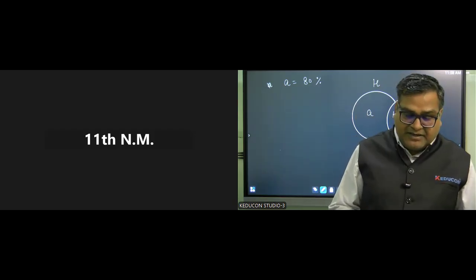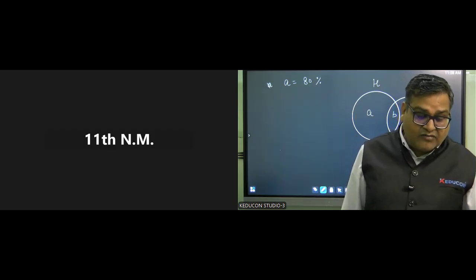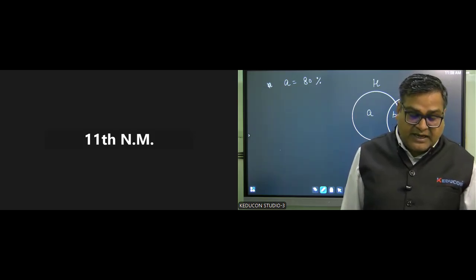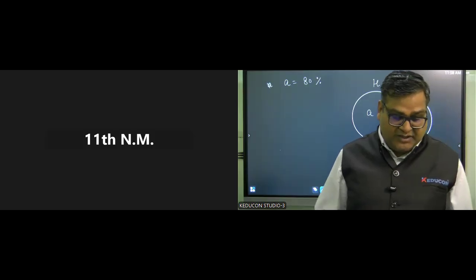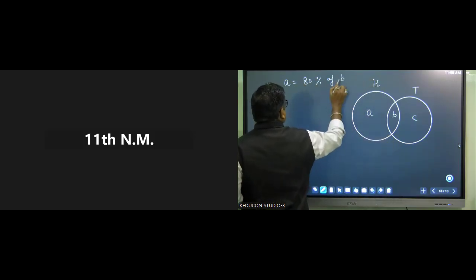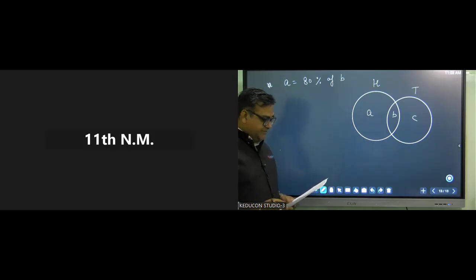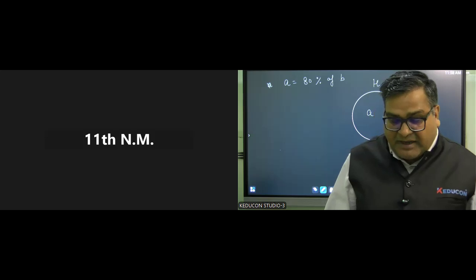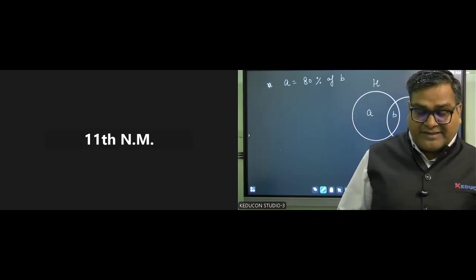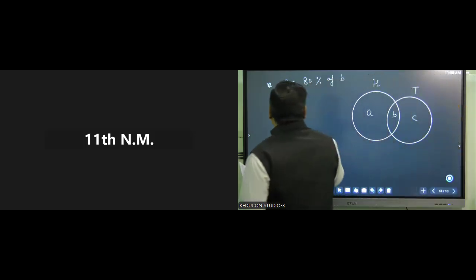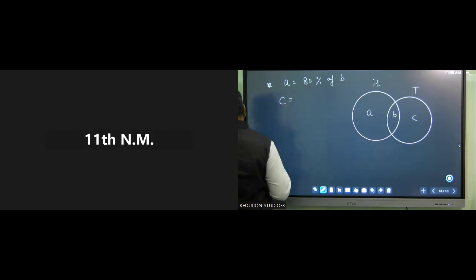The number of people buying only Hindustan Times is 80% of the number of people buying both the newspapers Hindustan Times and Times of India. Okay. This is not the true thing. 80% of B. This we have to write 80% of B. Right? Is this clear? The number of people buying only the Times of India is 60% less than the number who buy both. Now, this C is 60% less than the number who buy both.